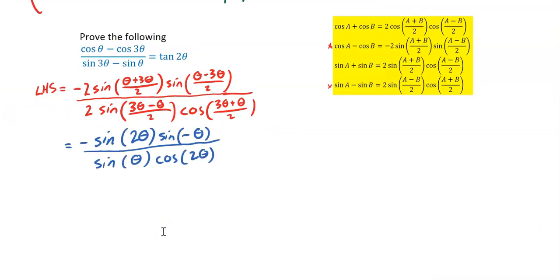If you stop and take stock for a second, you should be looking at sine 2 theta and cos 2 theta and saying, well, if it was just that over that, that would be tan 2 theta, and I would be finished because that's what I'm trying to prove. So it's this thing and this thing that are in the way. And you should notice that they look really similar, but sine negative theta and sine theta are not equal. But lucky for us, negative sine negative theta and sine theta are equal. If you think about it,